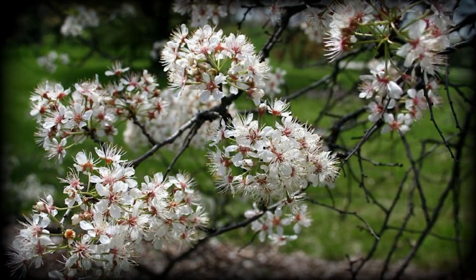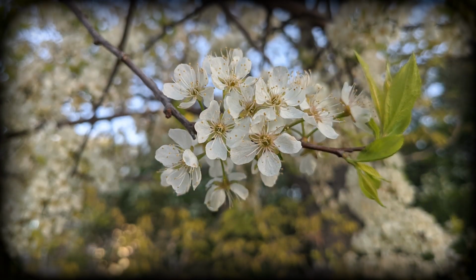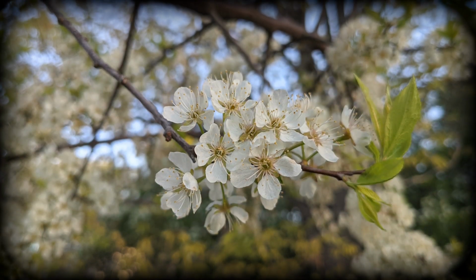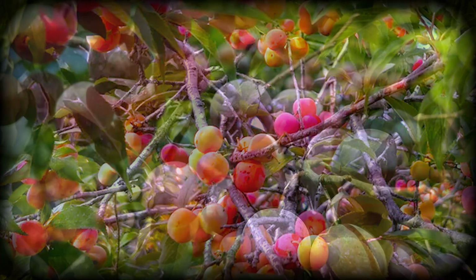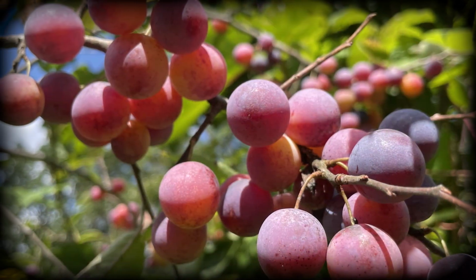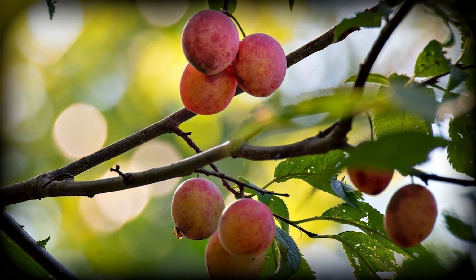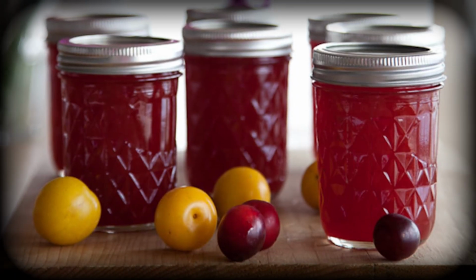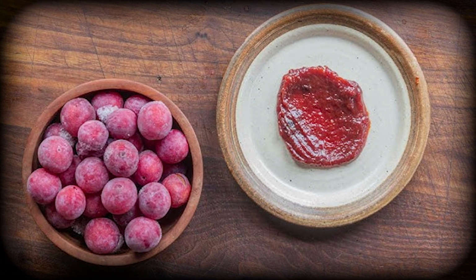The trees are naturally disease-resistant and can handle temperature extremes that would kill more delicate fruit trees. They're also excellent for wildlife, providing food for birds and beneficial insects while creating natural windbreaks. The flavor of American plums is intense and complex, with a perfect balance of sweetness and tartness that makes them incredibly versatile in the kitchen. They're excellent fresh when fully ripe, but also make outstanding jams, jellies, and the traditional plum butter that was a